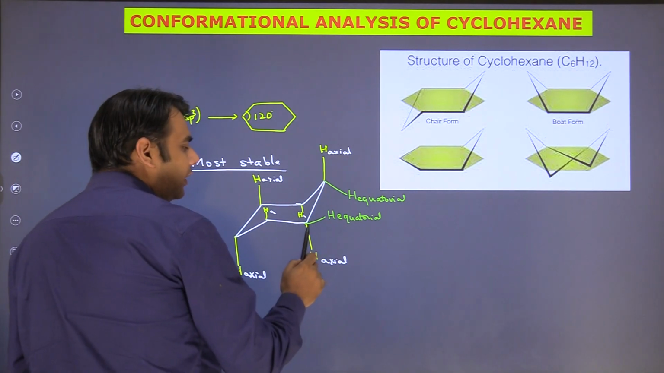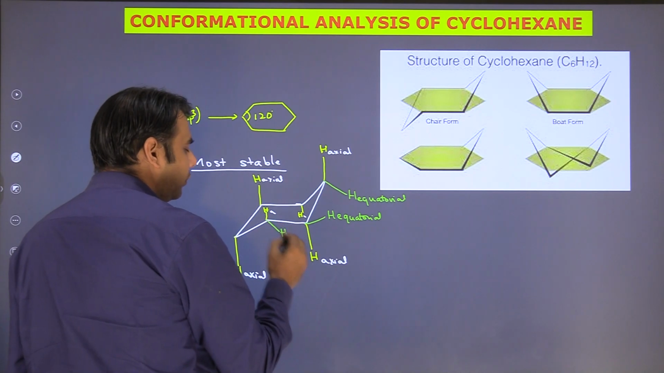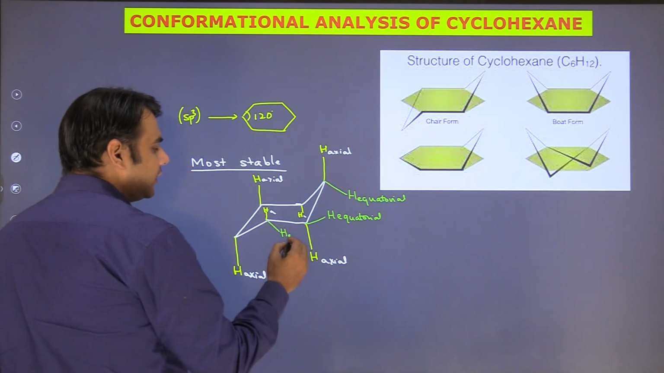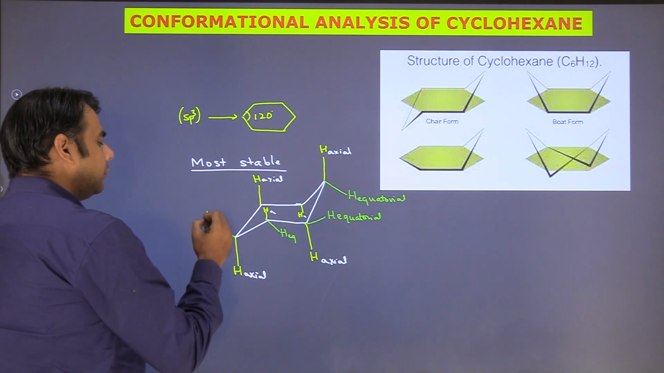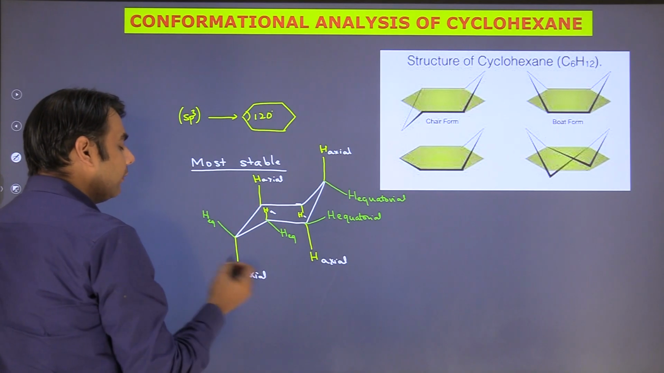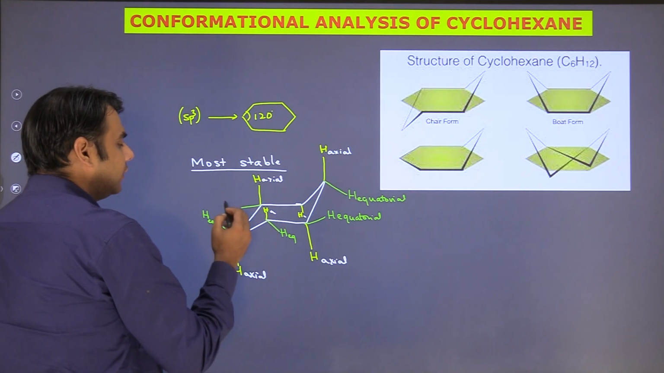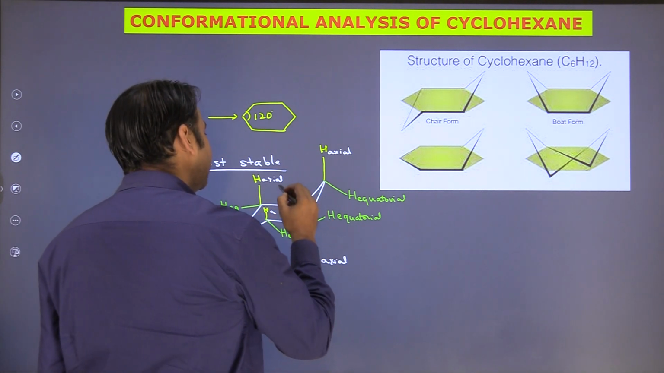So if this is going up, obviously here the hydrogen will go down. So it is going in this particular manner. So this is basically your equatorial bond. Here the equatorial bond is going up, so here the equatorial bond will go. Here the equatorial bond is going down, so here it will go up in the different plane. Here because it is going up, so here it will go down in a different plane. Because it is going down here, this will go up in a